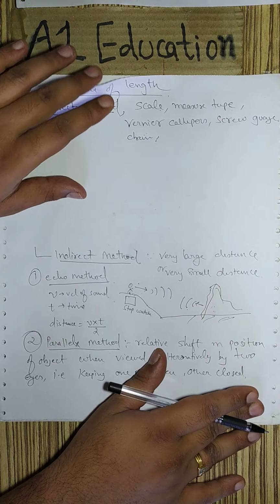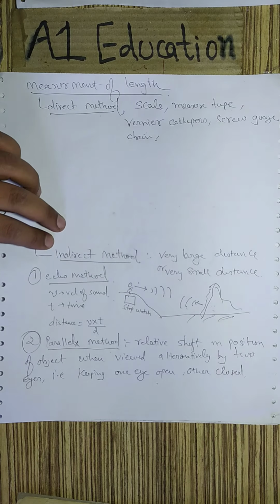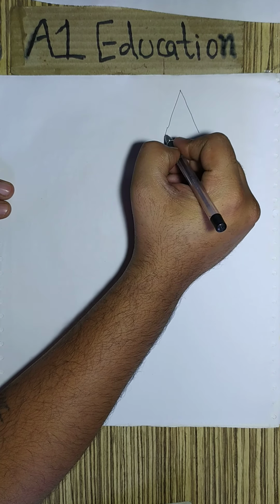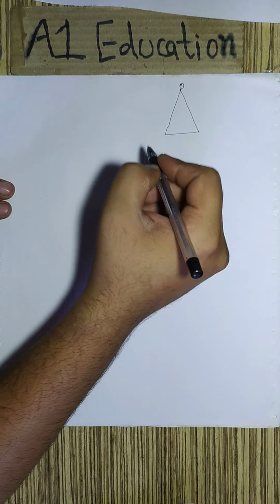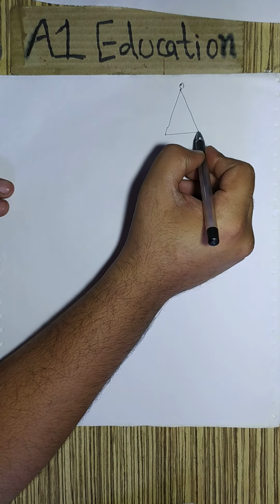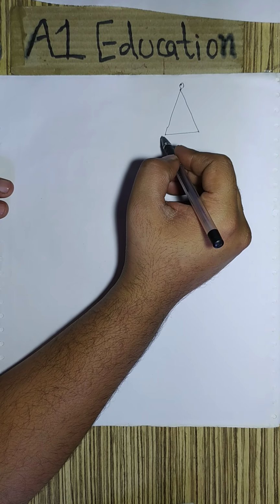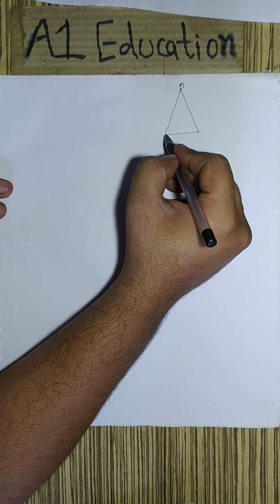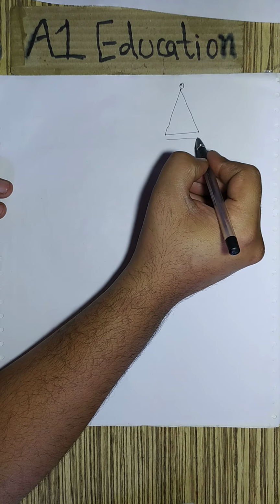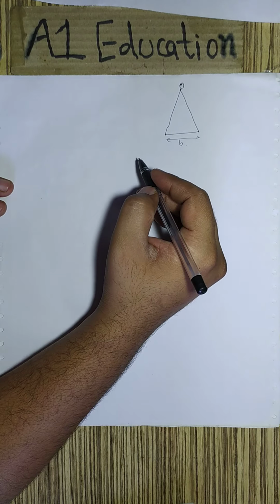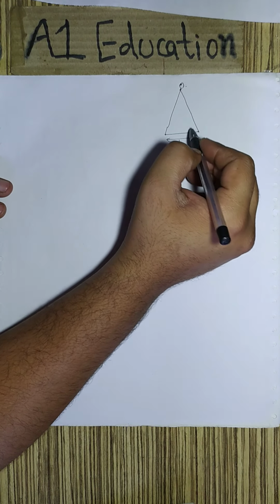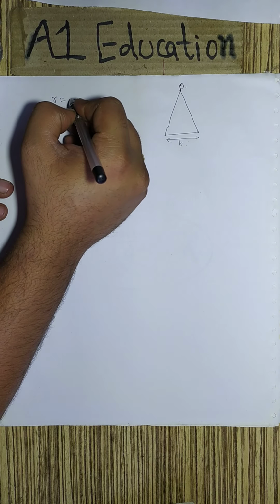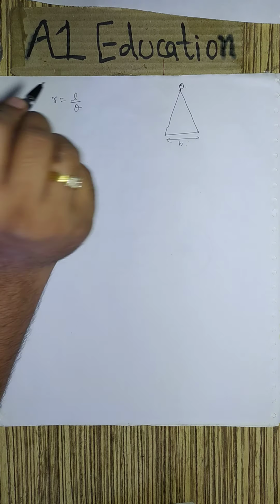Let us see in detail what the formula for it is. The parallax method involves such a diagram. Let us say you are the observer here and you observe the position of the moon. First you keep your left eye closed and observe with the right eye, and then you keep your right eye closed and observe with the left eye. Let us say the shift in the position of the moon obtained is distance b. Then the distance between the observer and the moon can be found out with this formula, L upon theta.